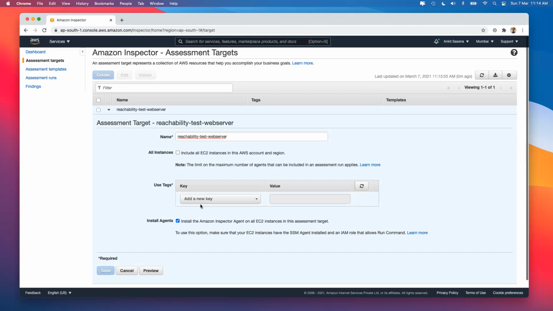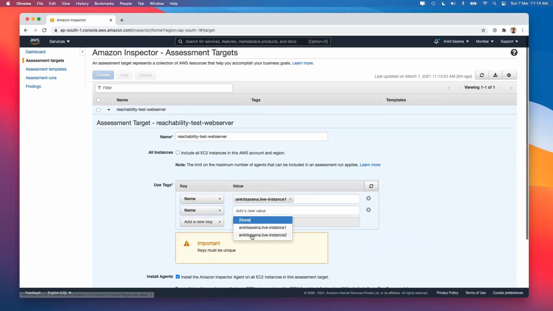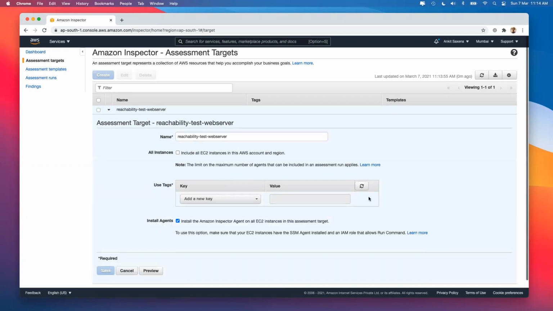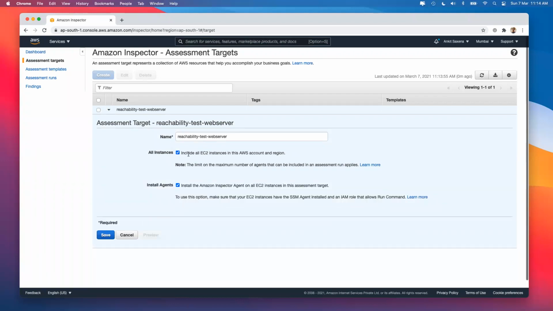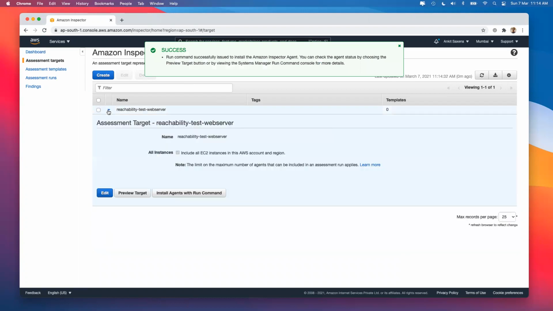I can choose to include based on the tags, but right now I want to include all the instances for testing purposes. So I'll take include all EC2 instances, and I will also ensure that the AWS Inspector agent is installed. Now if I click on save over here,